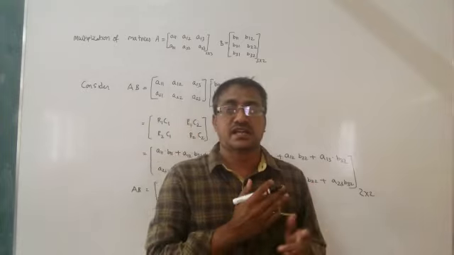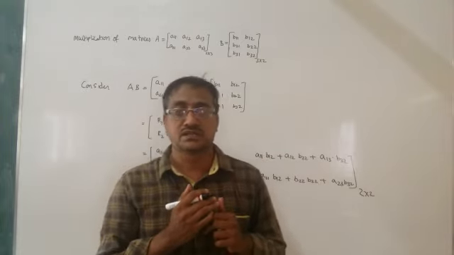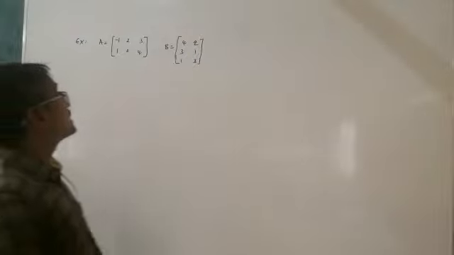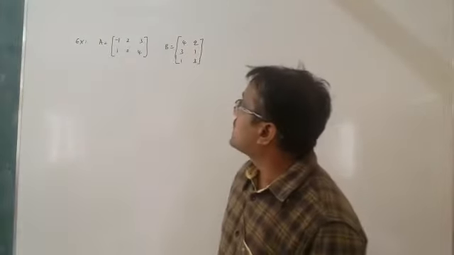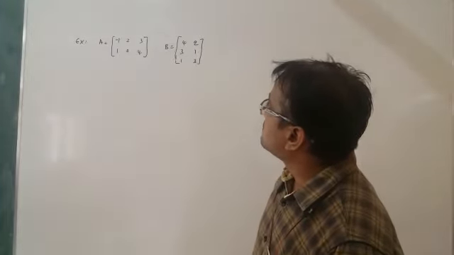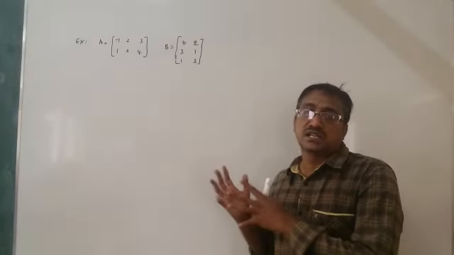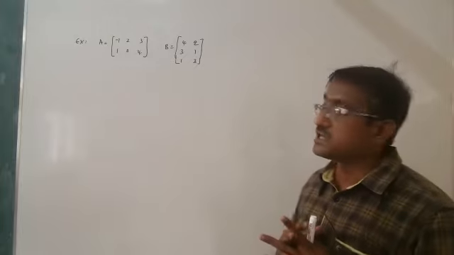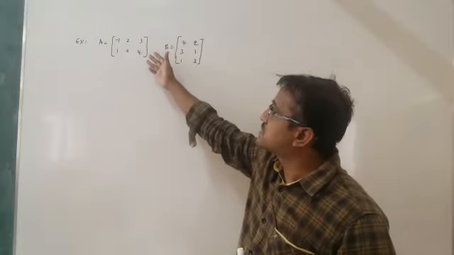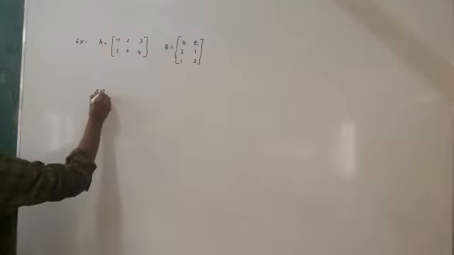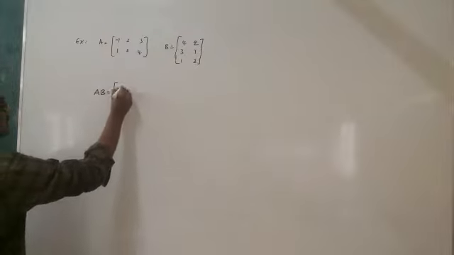Now let us see another example with given numbers. Let us consider two matrices. Capital A is equal to -1, 2, 3, 1, 0, 4, and matrix B is equal to 4, 2, 3, 1, 1, 3. Now these are two matrices which are compatible for multiplication, since the number of columns in matrix A is equal to the number of rows in matrix B. So we can find the multiplication of matrices A and B, that is AB.